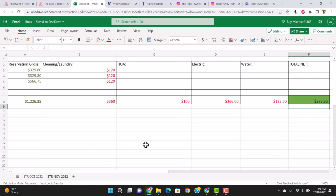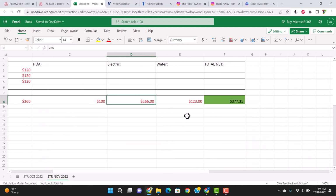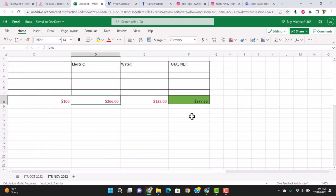So here is November. I already made a column for that HOA fee, so it's in here. From the three reservations I had between Airbnb and the VRBO, which was the larger, the total was 1226, and then as usual, my cleaning fee is 120 each, which came up to 360, less the 100 HOA, plus my electric went up a lot this month compared to October. It was 197, and here it's 266, so it went up a good amount. Water is 123. I think that's a little bit less than last month, but not by much. So my total net after taking out all of these expenses is 377.35, which is about $100